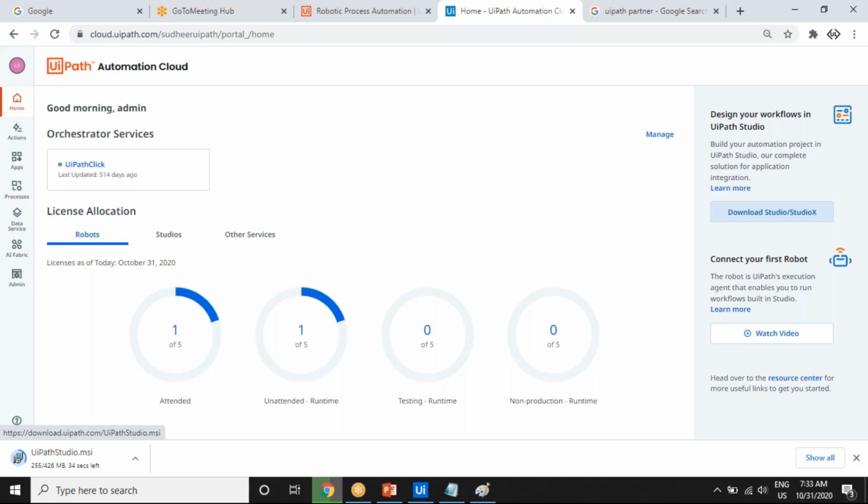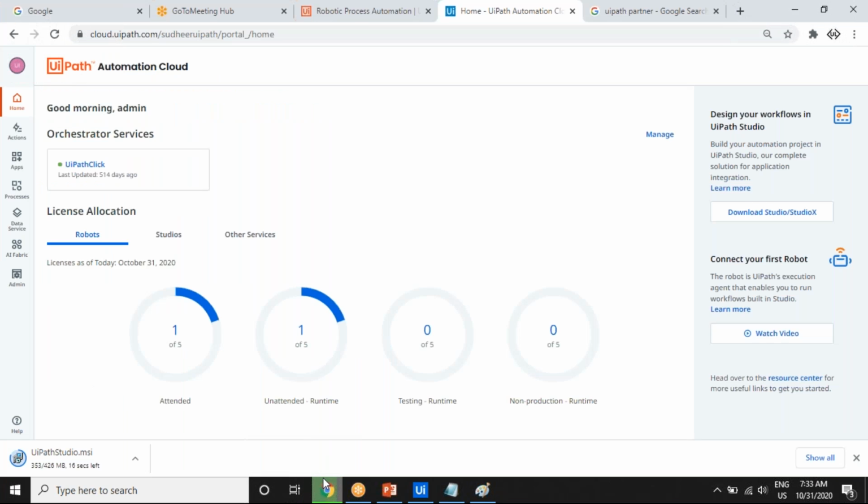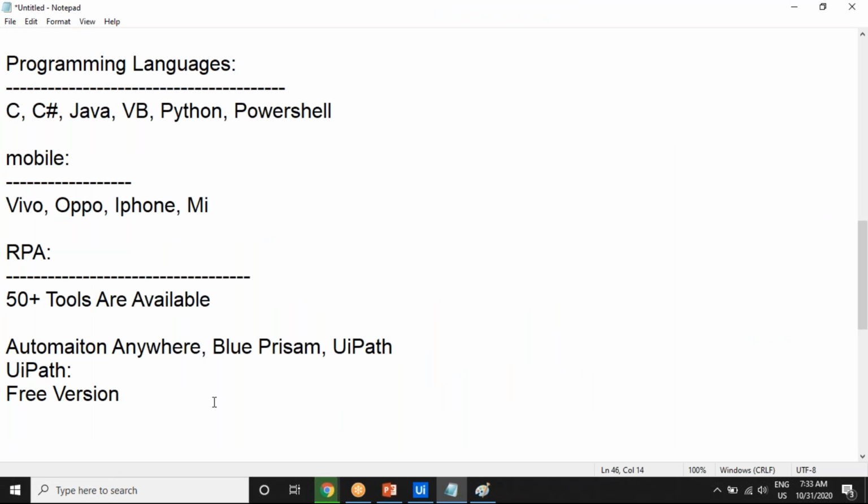And also for training, for the students, for learning, everything is free, but not for commercial use. So if you create your bots and you're gaining some amount out of that, you should not use the free version. And also the bigger companies do not use the free versions. Smaller companies can use the free version. Okay, the free version community edition is there. There are a lot of things there, but it is user friendly, or easy to use compared to the other things. And